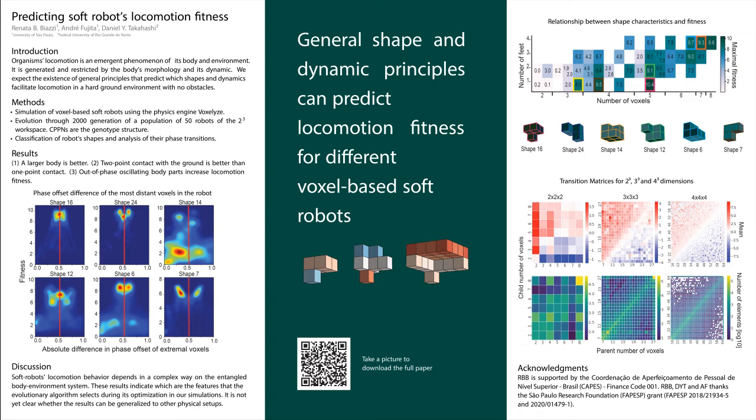Hello, my name is Renata and I will present this work named Predicting Soft Robots Locomotion Fitness. I did this work together with my advisors Dr. Fujita and Dr. Takahashi. In our work, we want to find the shape and dynamic principles of an organism's body